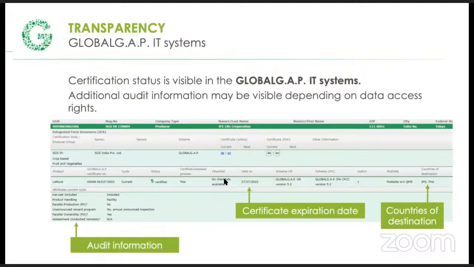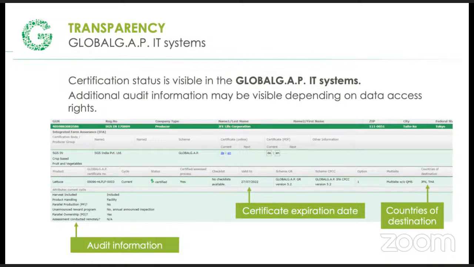So how do they actually enforce this? Basically, if I want to export my avocados to Europe or North America or wherever, and they've signed up to Global Gap, there's a system, the Global Gap database system. This is where they publish. So if Mr. Daka's farm gets certified, you will have an entry in this system that shows that I've been certified and when it's going to expire, and additional information to go with that.